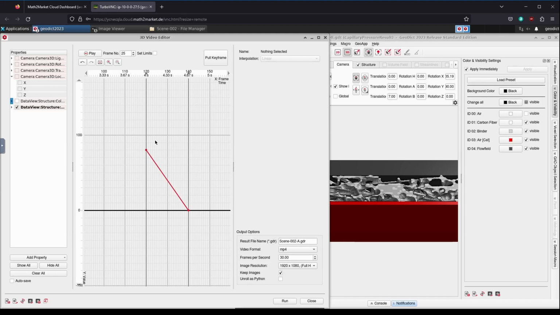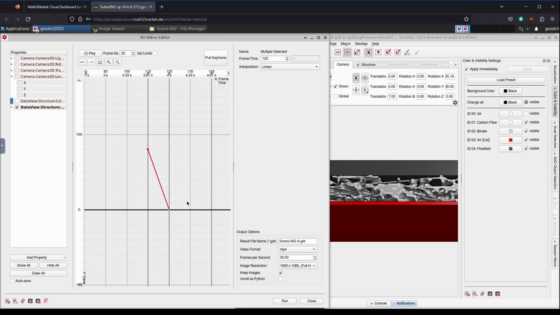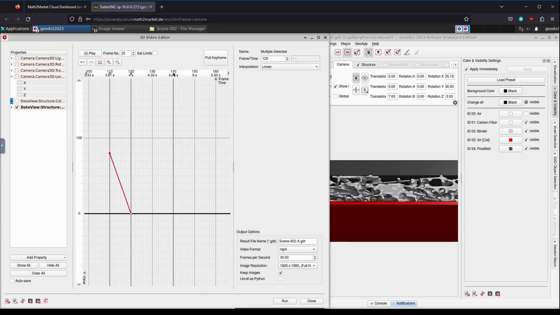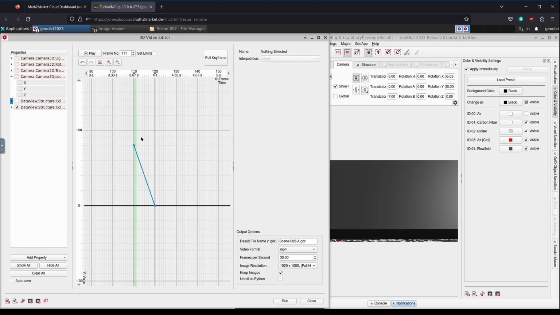Now we will move the control points on frame 120 to frame 110. Next we move the control points on frame 140 to frame 120. Once we've completed that step, we can then proceed to delete the keyframe again at frame 140. As always, it's important to save your work regularly.